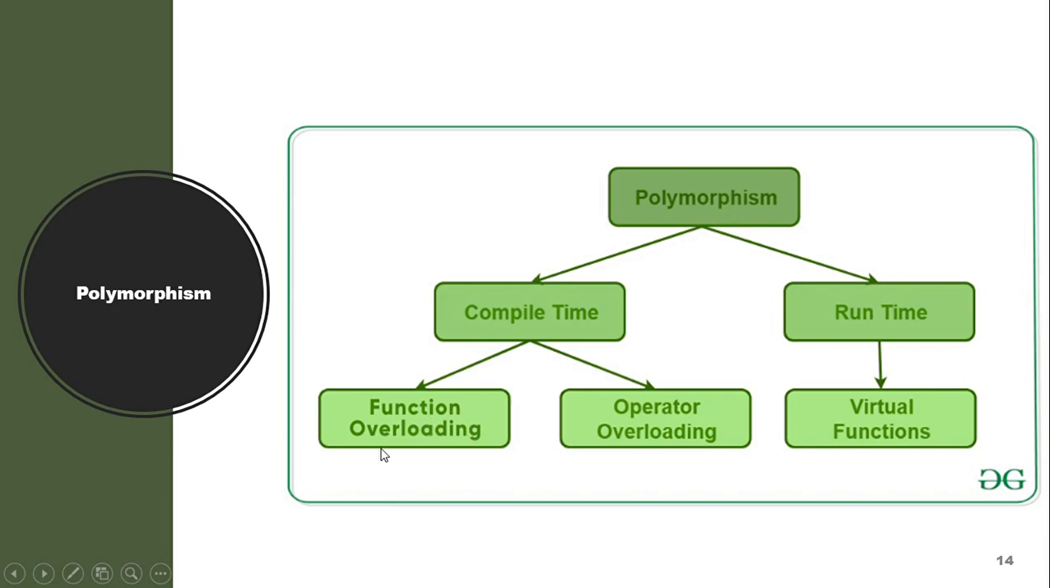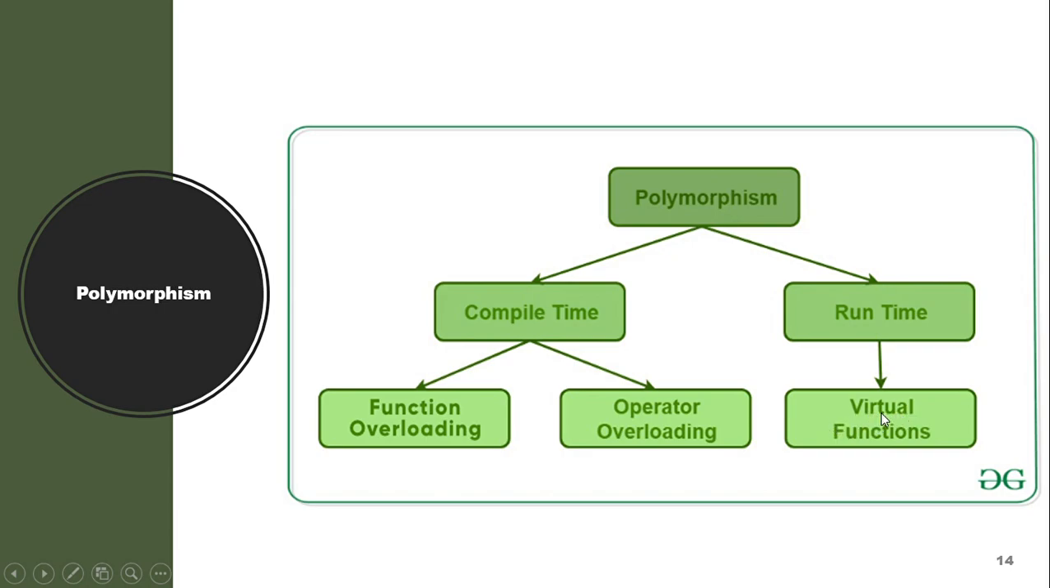Function overloading means we have a function, the name will be the same, and that function will do different tasks. That's why it is called function overloading. Operator overloading: with one simple operator, we are able to perform many tasks with the help of that operator. That's why it is called operator overloading. Virtual function is the function